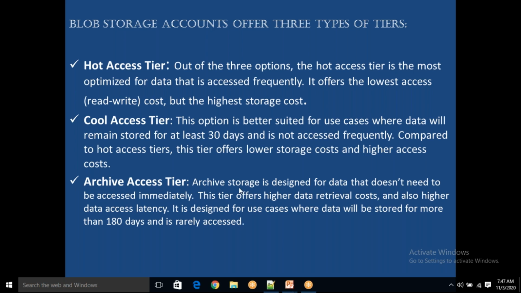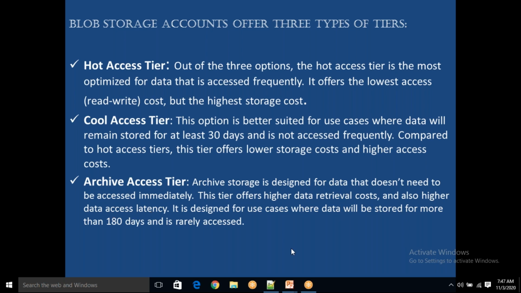This archive storage is designed for data that does not need to be accessed immediately. You are not going to access data immediately or frequently. This tier offers higher data retrieval cost, meaning if you want to access the data, the cost is very high, but also higher data access latency.